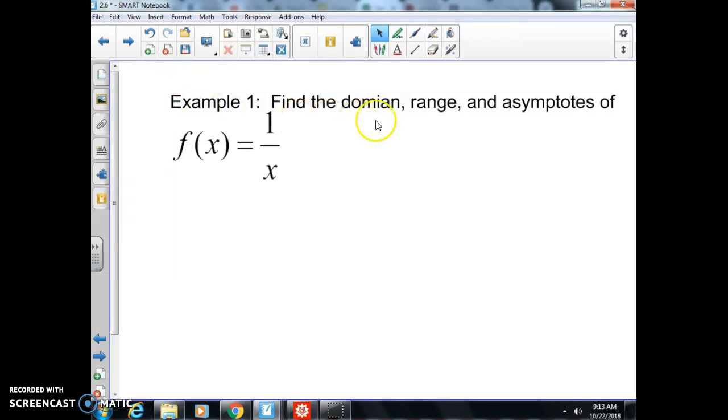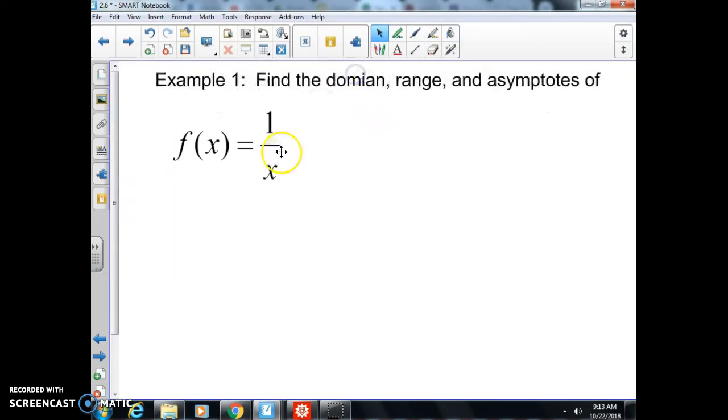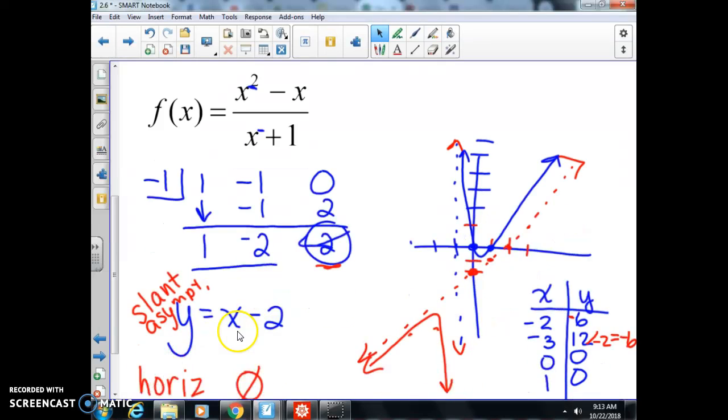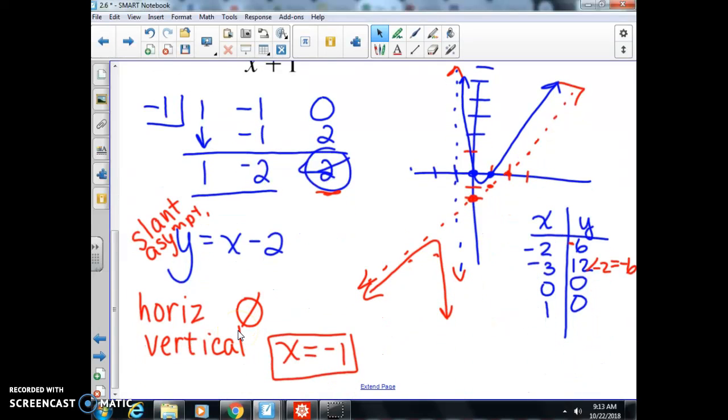Okay. So now what we're going to have to do in this section is we're going to have to do domain, range, asymptotes. We're going to have to do all those things. Actually, if I come back to this other one, as long as we started one, if I went in there and I already know where I have my asymptotes, I listed those. And now I have it graphed. If I have to do domain and range on this,